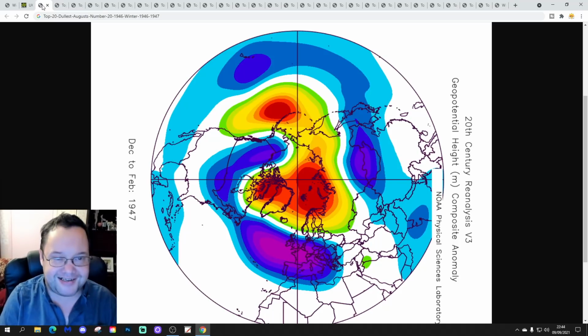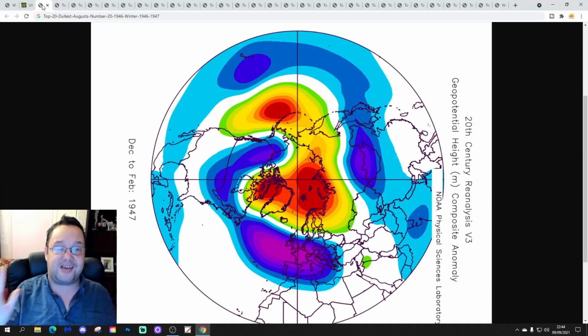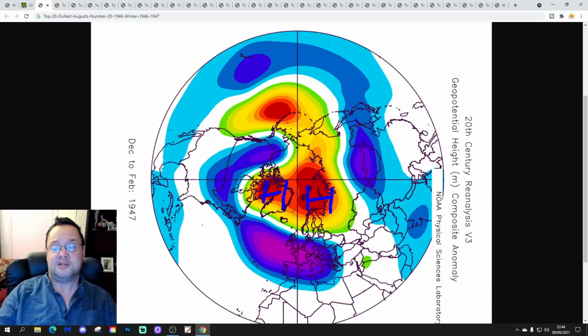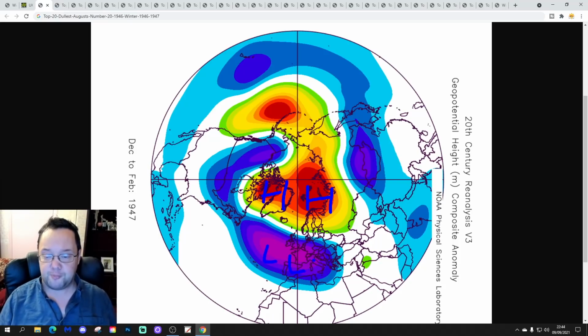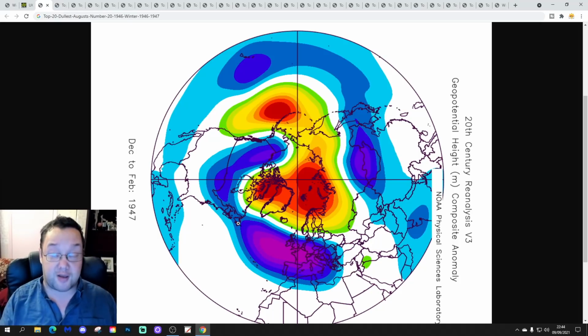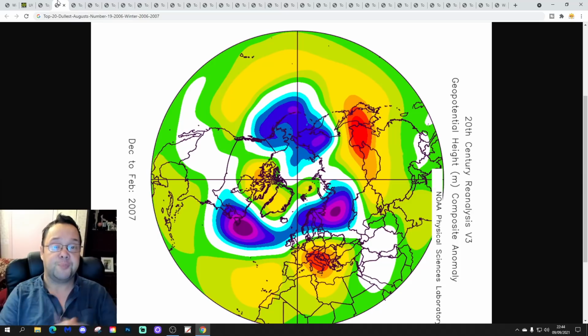At number 20, we've got 1946. The 20th dullest August is in fact August 1946. This is the winter of 1946-1947. It's exceptionally cold and snowy, with high pressure blocking to our north and low pressure pushed down to our south, and winds in from the east. Not particularly cold in December, but it does have a few easterly outbreaks, and it really gets going from around 20th January onwards. Then we're locked in right the way through to the middle of March into severe cold and very, very snowy conditions as well.